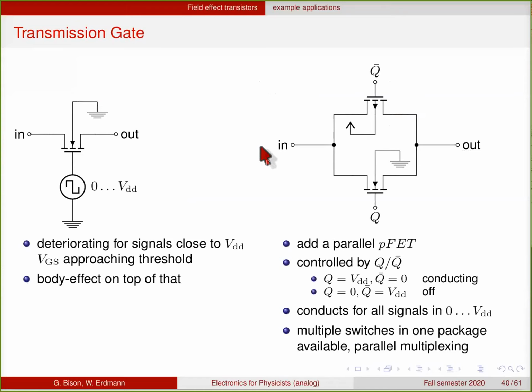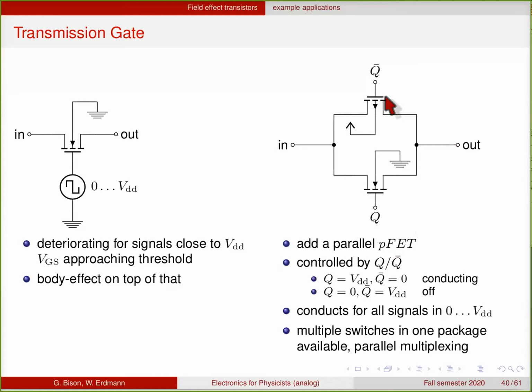So the resistance of this switch, the NFET switch, deteriorates if you go up in your potential because you decrease your gate source voltage, and the body effect goes on top of that. So you add the additional PFET, but you must then, of course, make sure that you control one with a voltage that goes from zero to supply voltage, and the other one must do the opposite thing. So to turn on the PFET when you turn on the NFET. And now